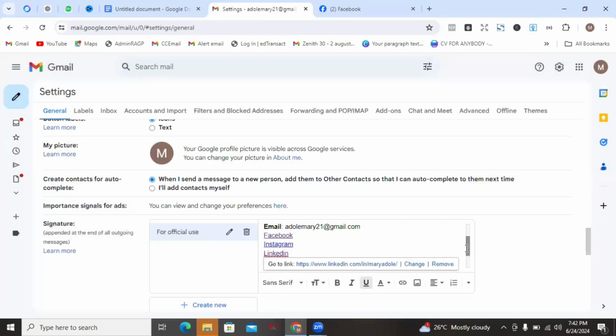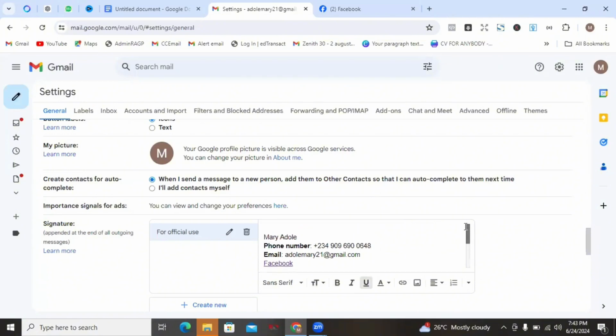All right. So once I'm done, I'll just scroll down until the end and then click on save. But we are not done yet. After you've written out everything you want to enter as the information for your email signature, remember you can also add